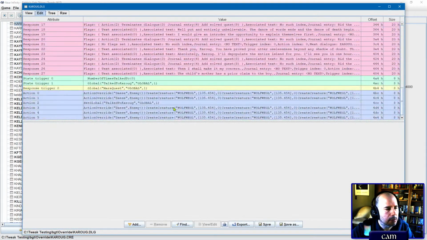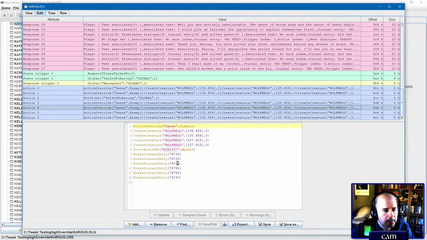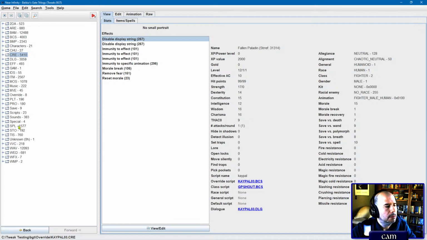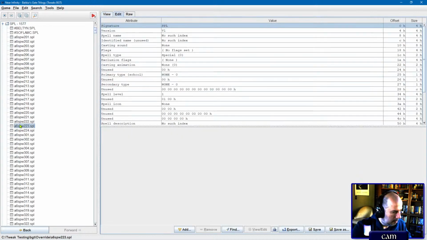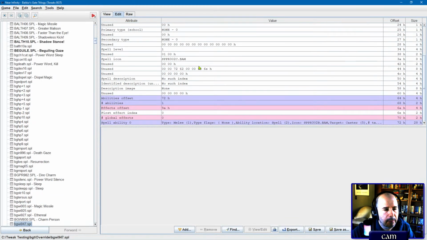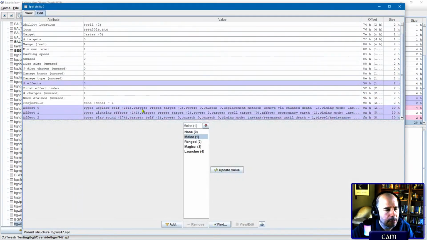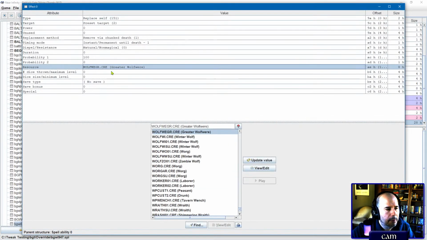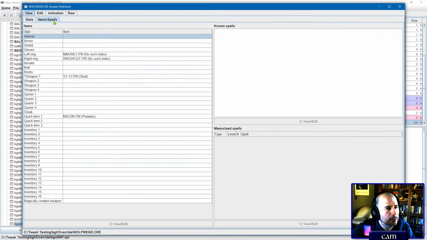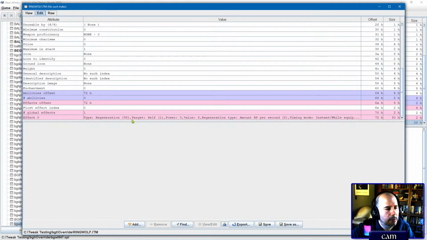He uses BG Wizard 947 on himself. Sorry, this is a little bit of a digression. BG Wizard 947, which turns him into Wolfway Greater, which uses Immune 1 and Ring Wolf. Oh, so